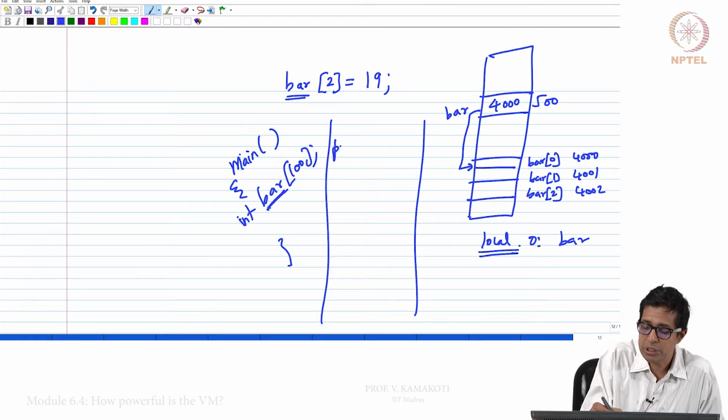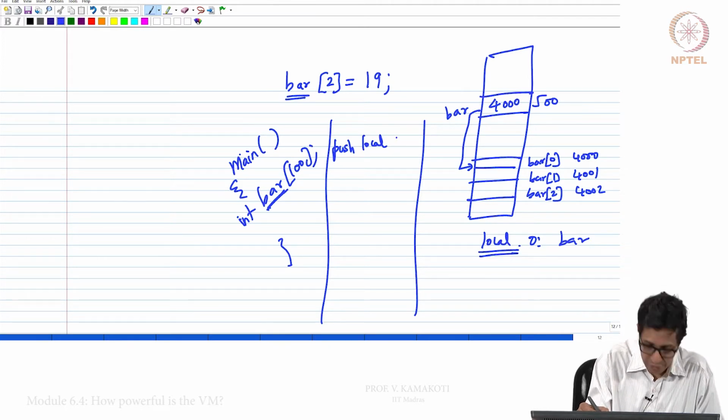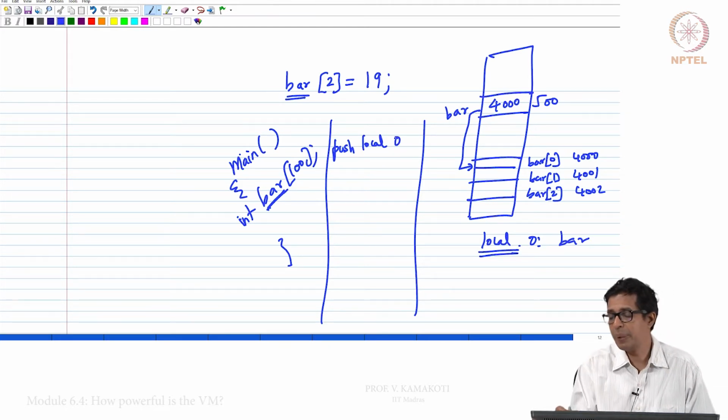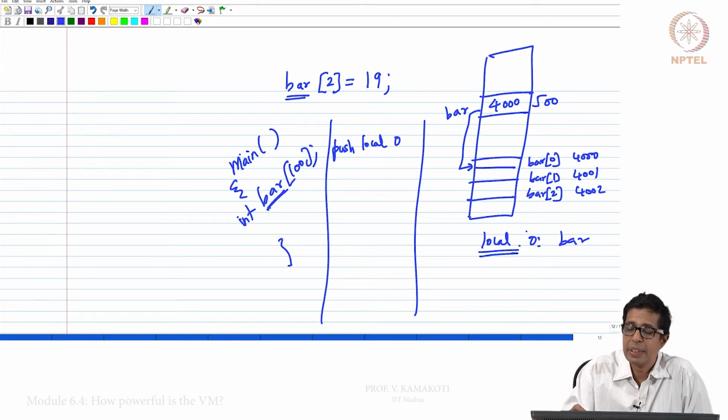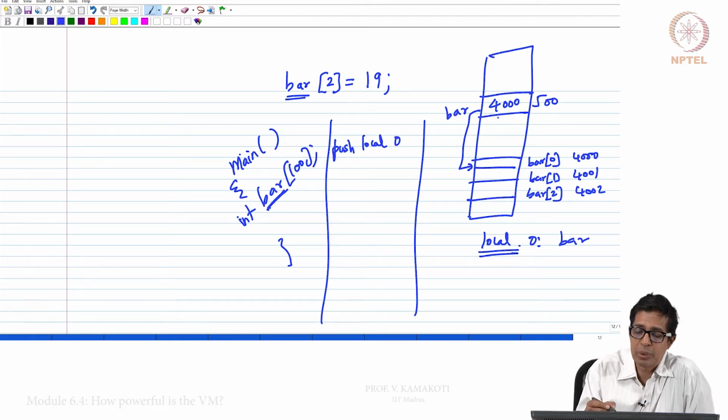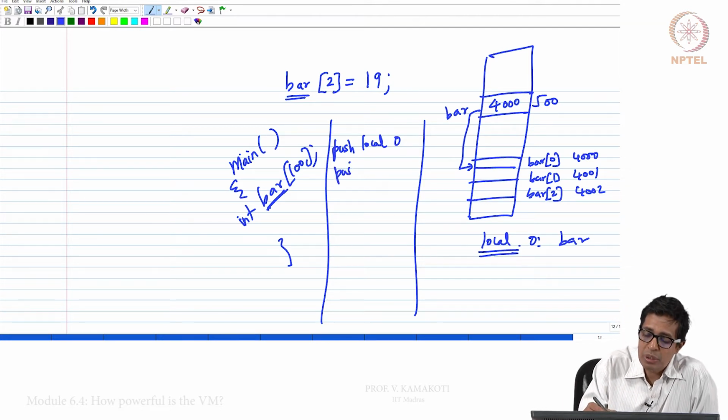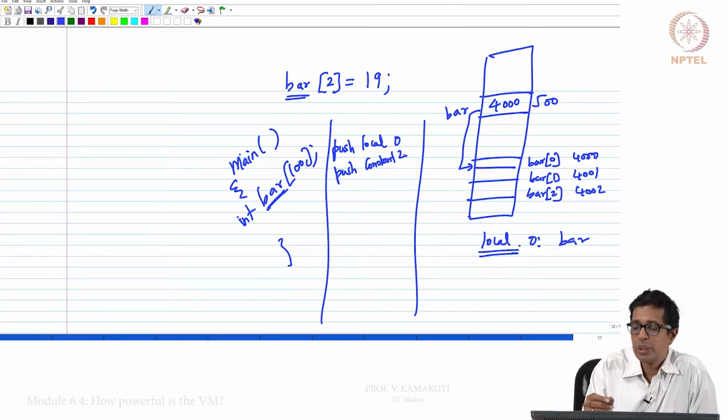So, push local 0. That means the value of bar, that is 4000, will be stored in the stack. Now, I push constant 2, so 2 also goes there. Now, I add.